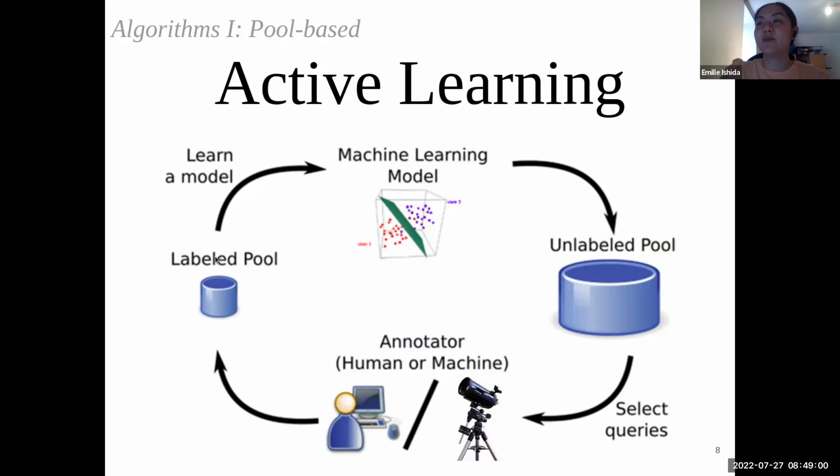So you start with a labeled pool, you train your machine learning model, you have very bad initial boundary conditions, and then you classify your entire pool of unlabeled data. Then you have a recommendation strategy that will tell you which of the objects for which you do not have labels are more informative to your model. That object then is given to a human or a machine who will give you a label. In our case, someone who will take a spectra for us,